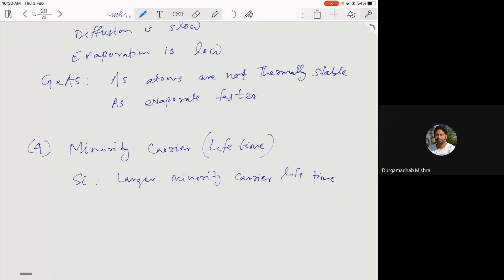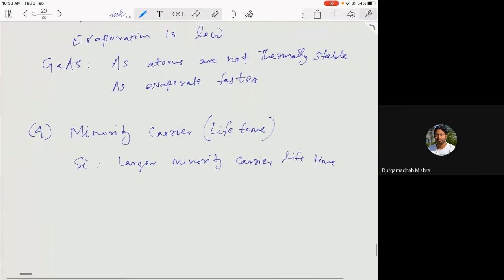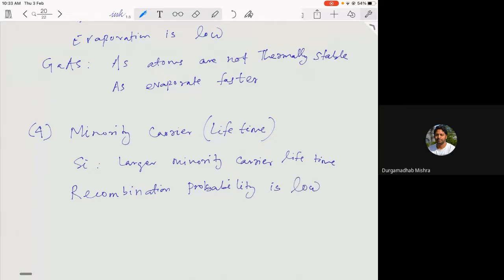That means the probability of recombination is small. So the recombination probability is low, which is what you require for most device applications,